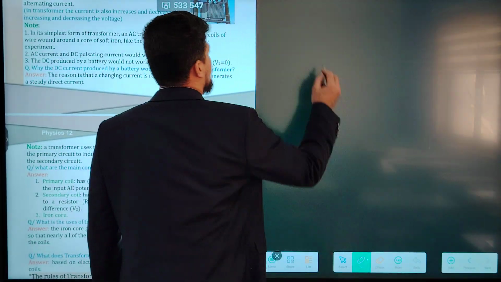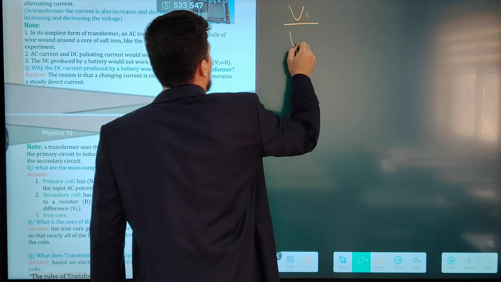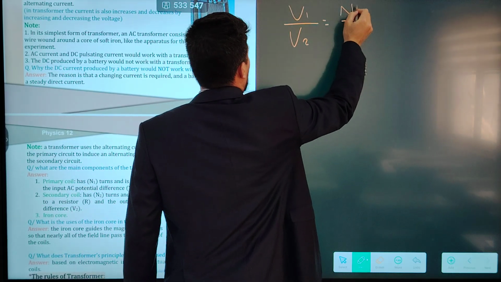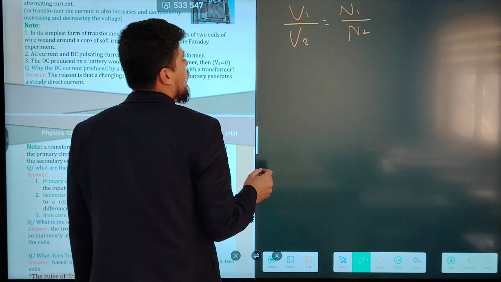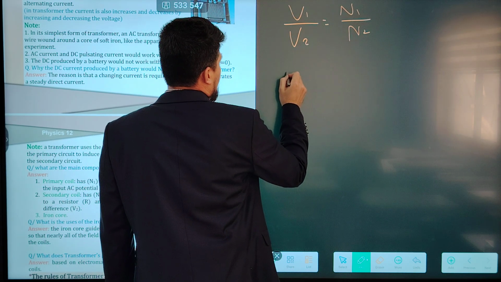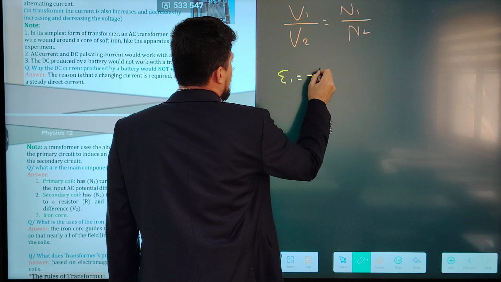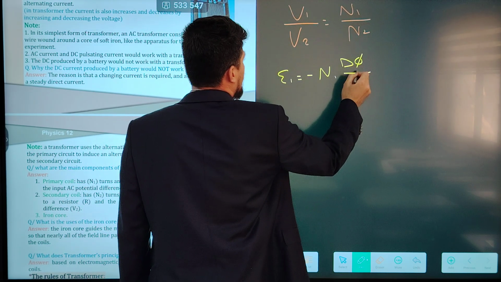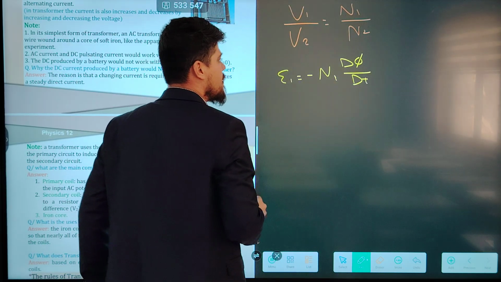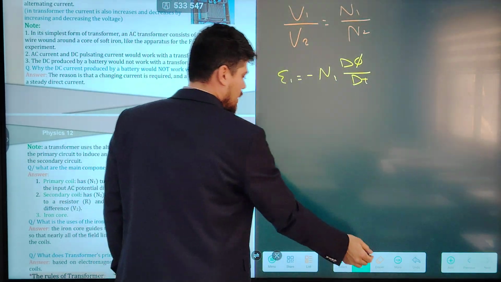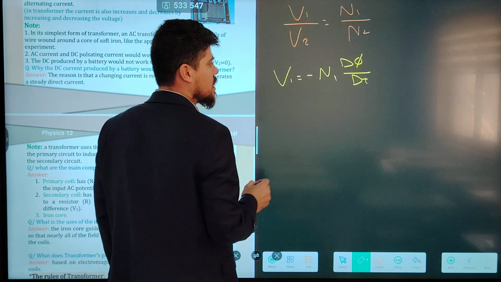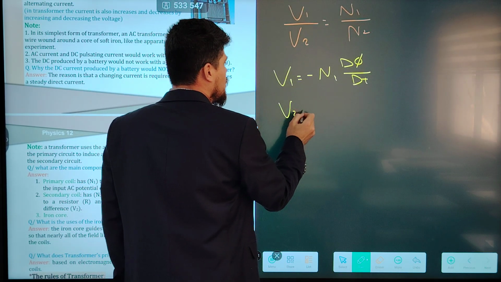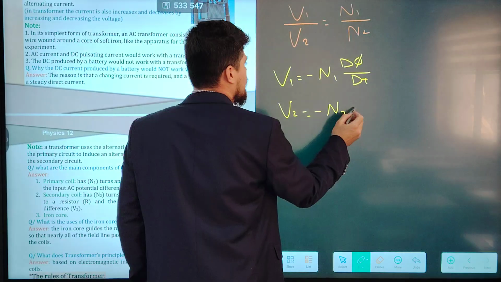So the equation of the transformer is V1 over V2 equals N1 over N2. Now I'm going to prove this equation. Guys, E1 is equal to what? Negative N1 times the change in flux per unit of time. And instead of epsilon, can we write V, because both of them are measured potential difference? V2 is equal to what? Negative N2